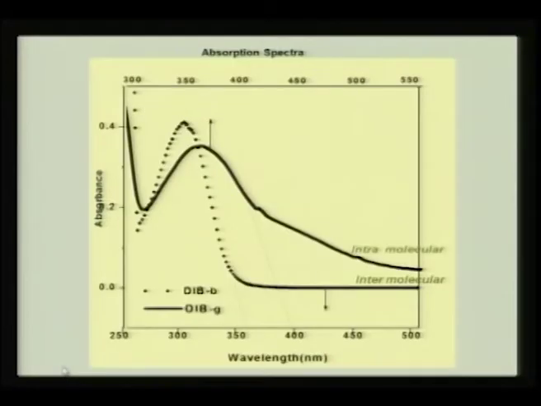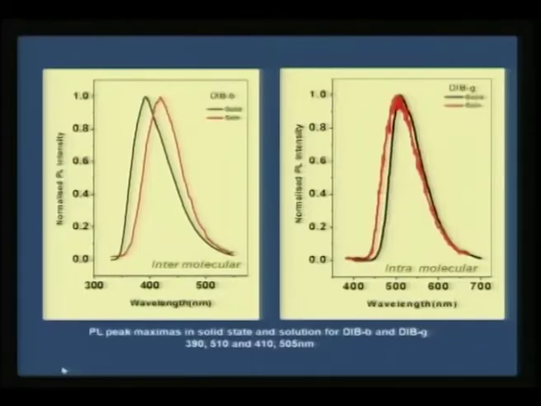And because of this hydrogen bonding network, the solid state property of these two compounds will vary. As a result, you would see what happens to the absorption spectra. The intramolecular hydrogen bonded one absorbs up to 450 or so, whereas the intermolecular hydrogen bonded shows a very sharp optical bandgap, and that is narrow at 350 nanometers. And because of this reason, you would also see that the emission spectra is very clearly different. And what is the difference here?